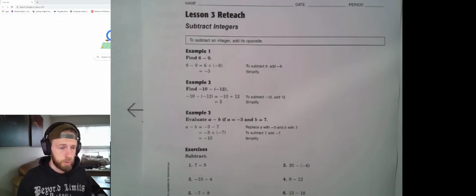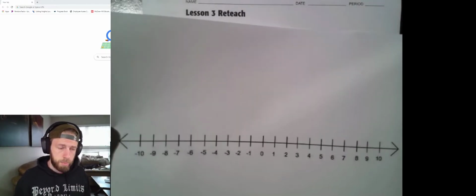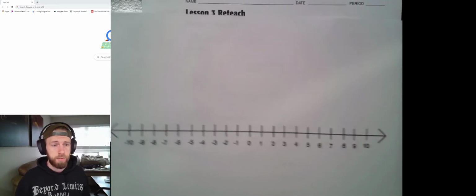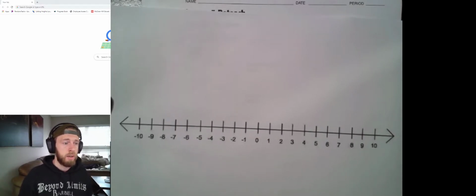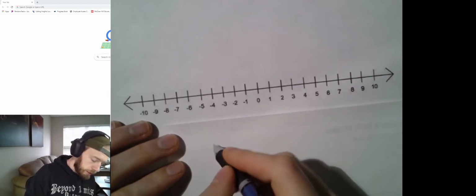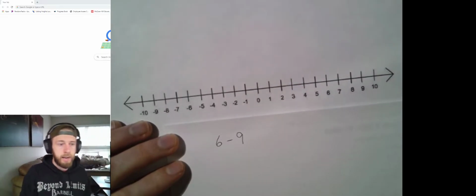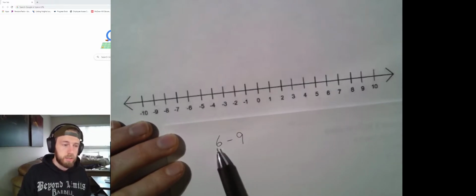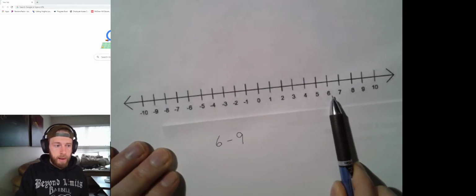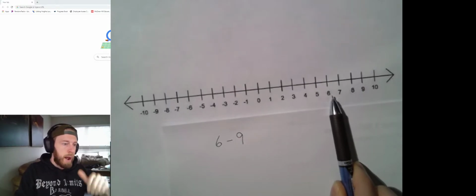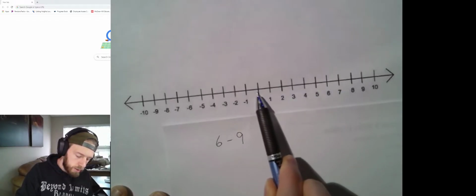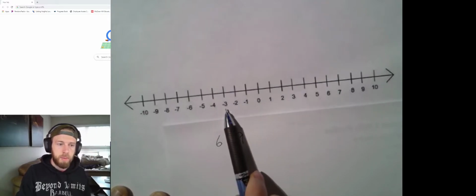So the first thing I want to show you, and number lines are great for these types of problems. If you have one, please print it off. Just one right here I have from negative 10 to positive 10. Works great with small numbers. But if we had the problem 6 minus 9, what I would do is I would start at 6, because that's the number I'm starting with. We're over here on my number line. And subtracting 9 would just take me back 9, just like any subtraction problem. You move backwards on the number line, right? So we're going to go back 9. We're going to 1, 2, 3, 4, 5, 6, 7, 8, 9. And we find out that 6 minus 9 is